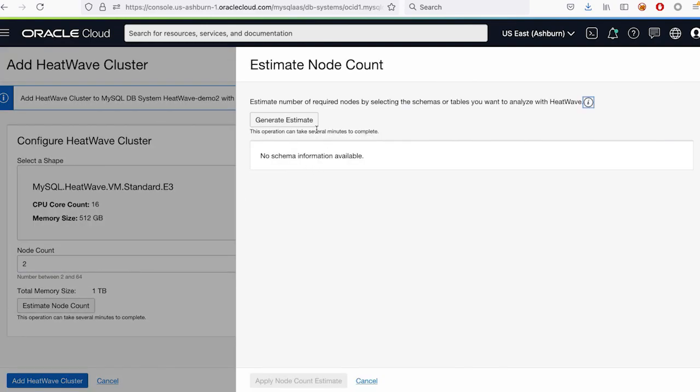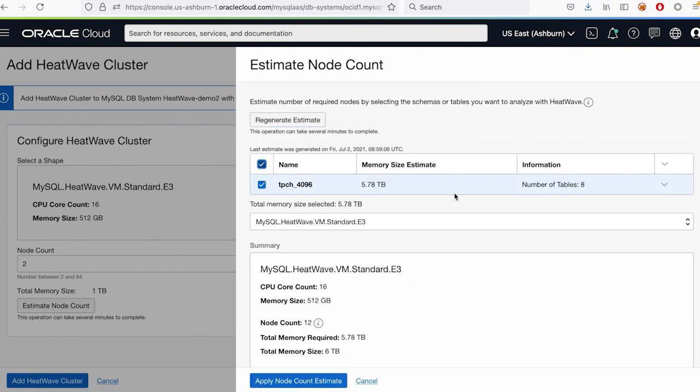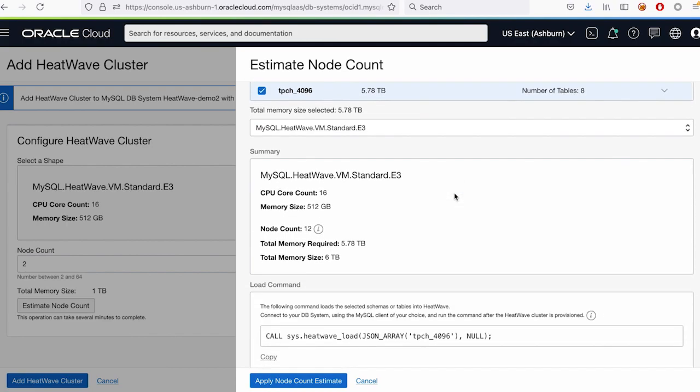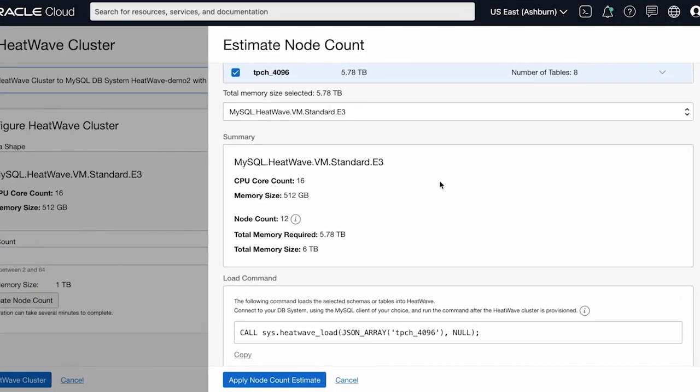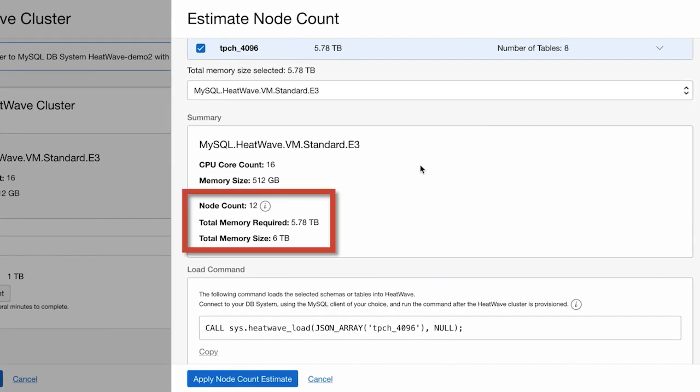With MySQL Autopilot, users can invoke the MySQL Advisor, and this advisor, the only input that is required is the schema or the table on which you want to run analytics. So we're going to select the TPC-H schema, and the system tells you very accurately how much memory is going to be used and what is the size of the cluster that is required.